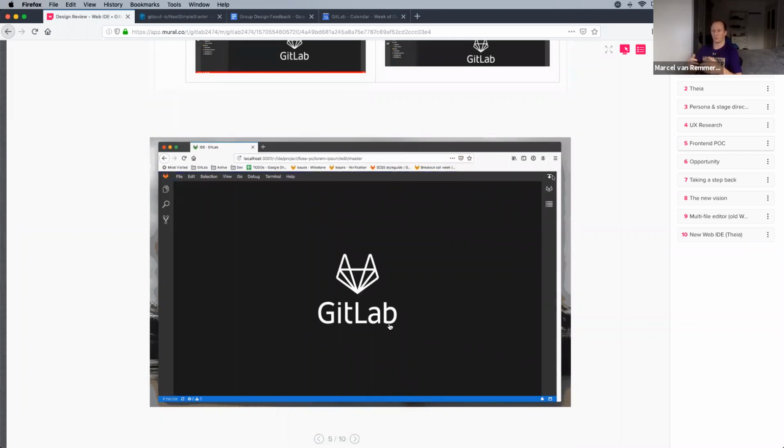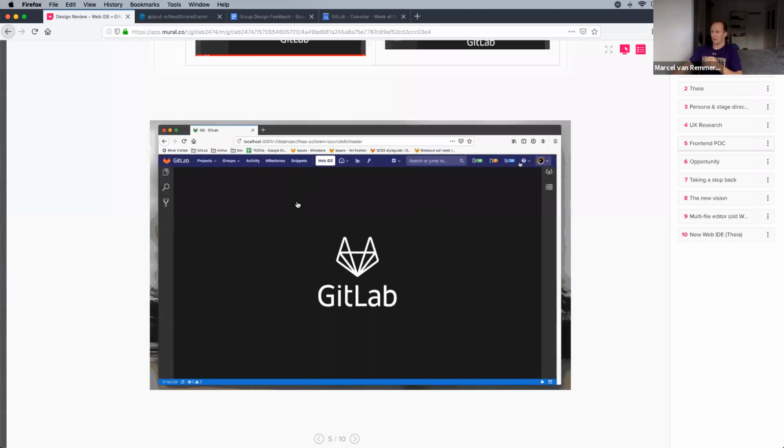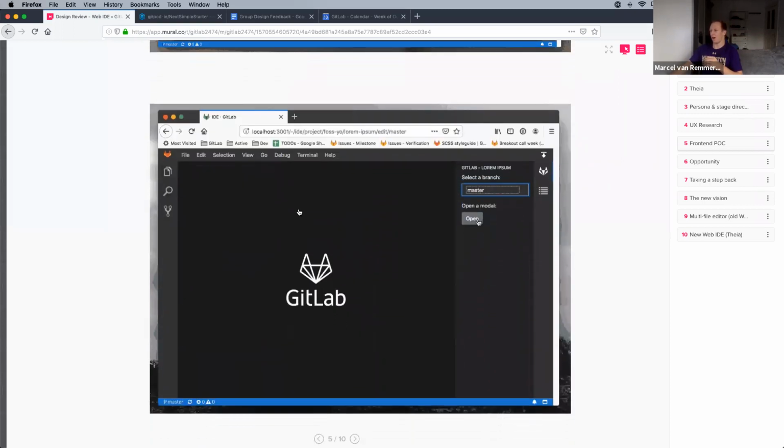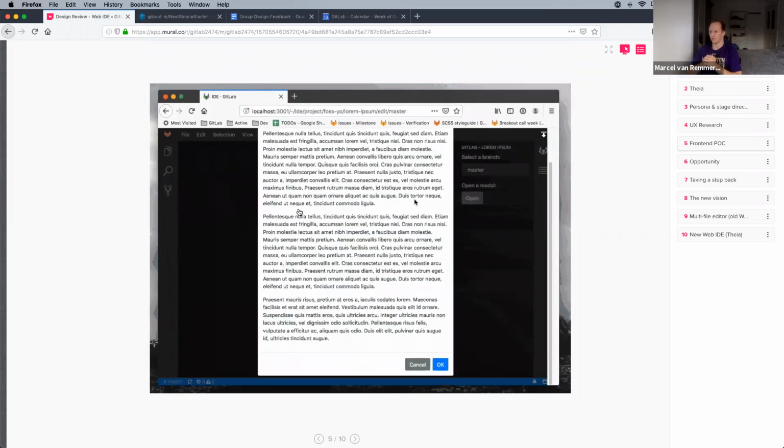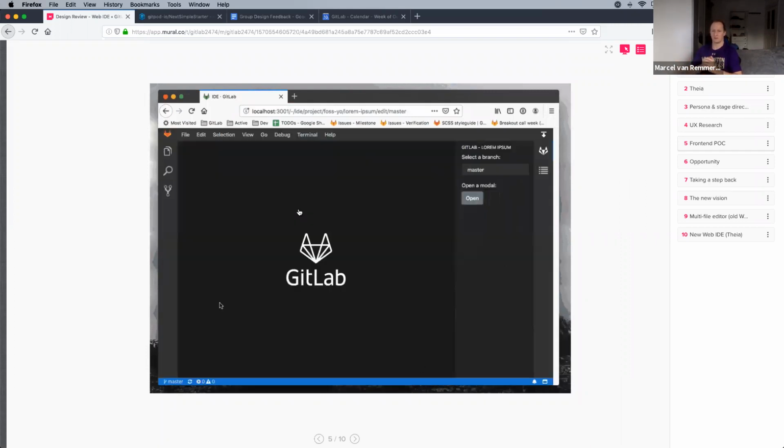And if so, what are the ways to do this and what implications will this have for the UX? As you can see here, there's already a toolbar that Theia has. How will this live with the GitLab navbar, and what can we do to make this a good experience? We also looked at how much can we implement GitLab UI components into Theia to make sure that not only